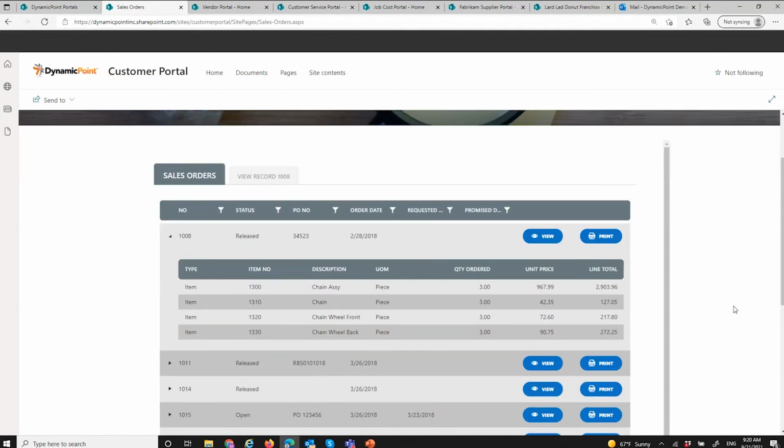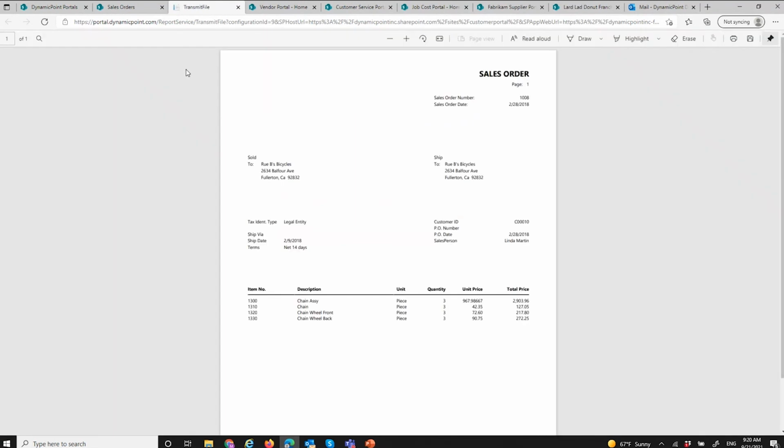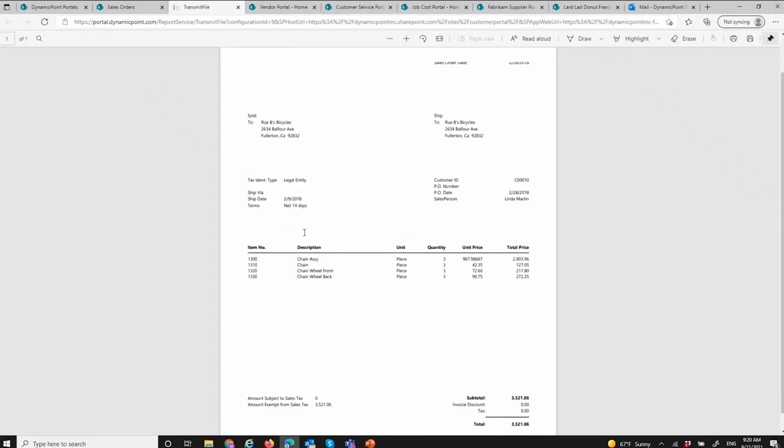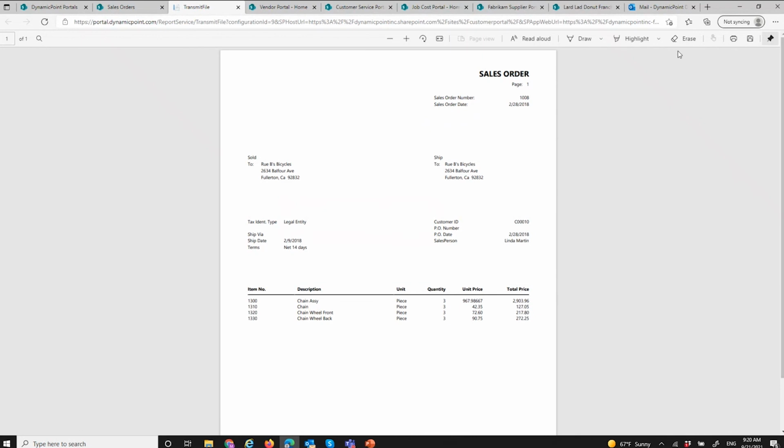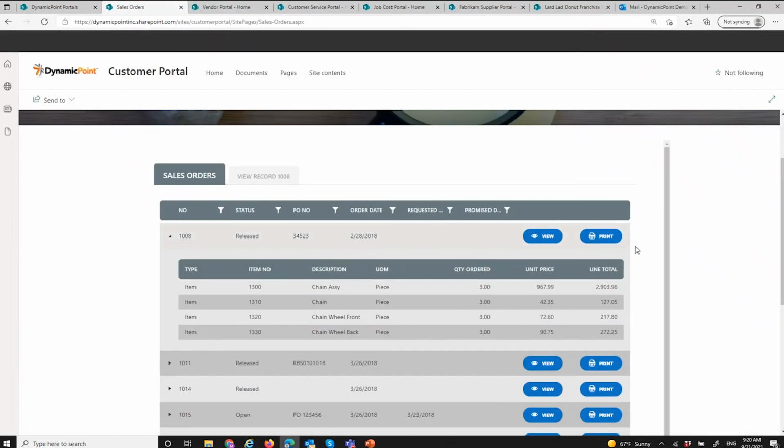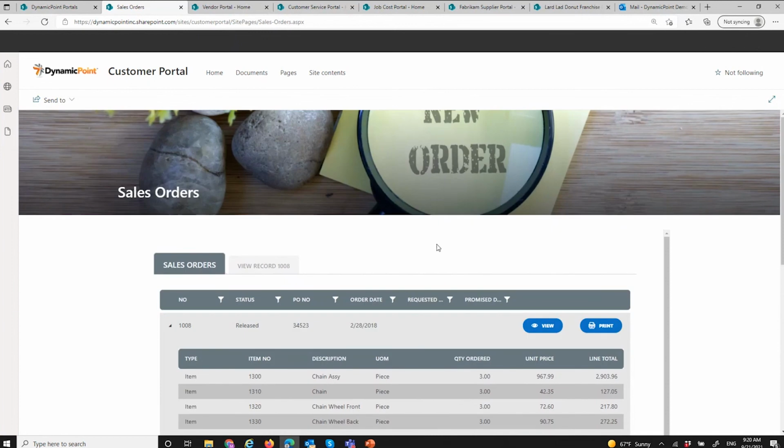As you can note, this integration, or what we call a service, is pretty simple. I'm only showing data. I'm not allowing any edits or anything like that. I'm just allowing them to see their orders from the portal. But you also note there's a print icon here. If I click this print icon, what it's doing is calling the underlying report from the ERP application, and it's going to render it as a PDF in the portal. So now the customer could print their own orders, save them, download them, whatever they're going to do, directly as a PDF that's generated in the portal.